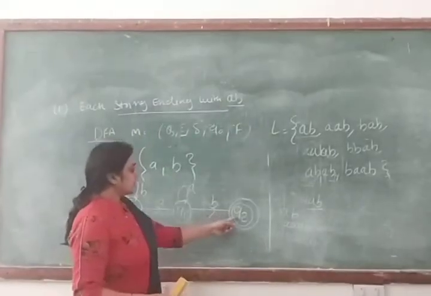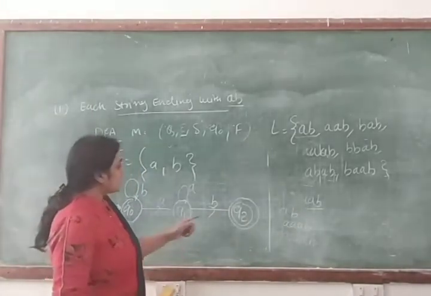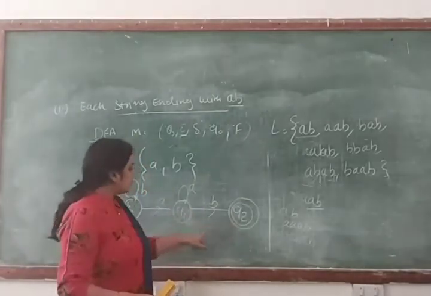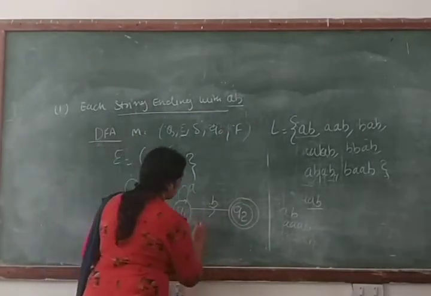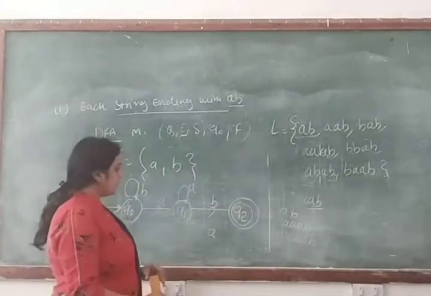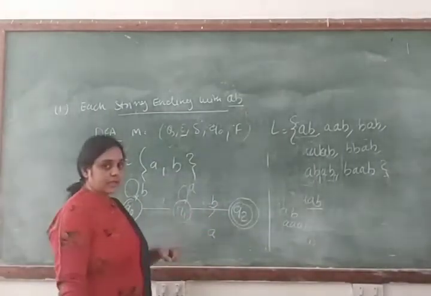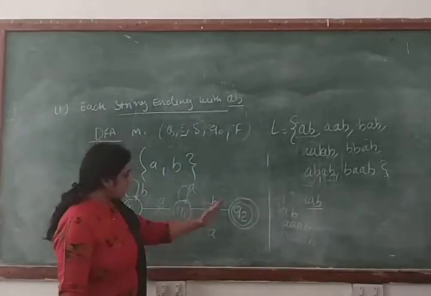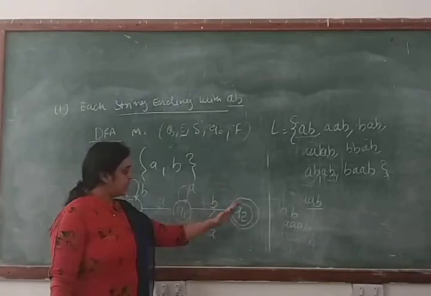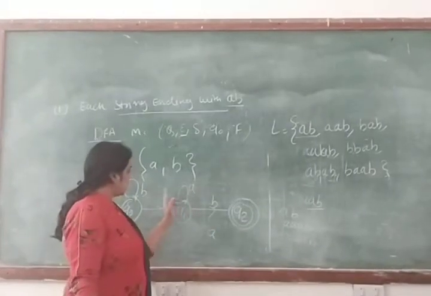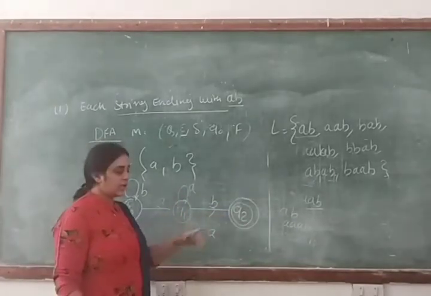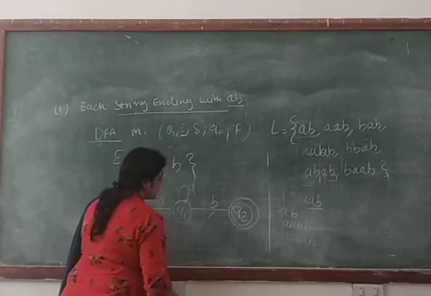Clear? Now we will check from the state Q2. For the input symbol A, we will check the transition from Q2 to Q1. Clear? If you are making a transition for the input symbol A, in that case you can check that your string is again ending with AB, because AB, then A, B, any number of A, then B, any number of A, then B, then A, then B. Clear? So you can make this transition.